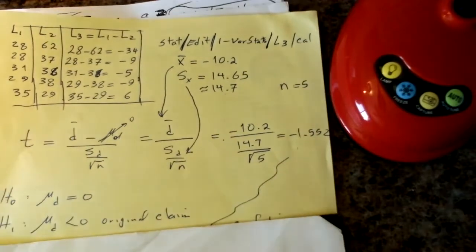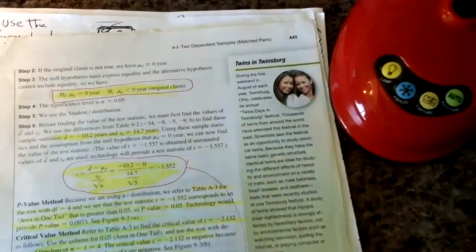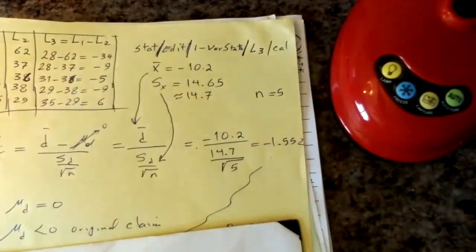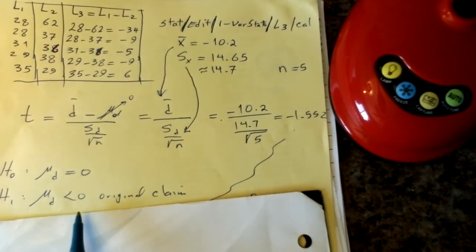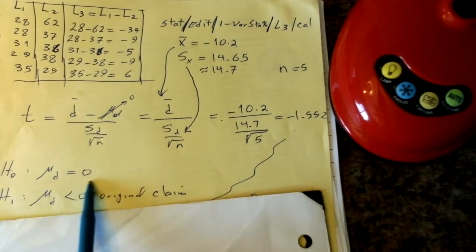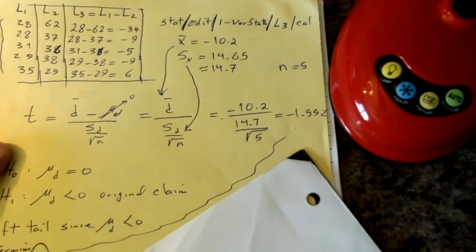Okay, so the mean of D is less than 0. Let me see if I can find all those similar problems. All right. So the mean of the difference, the original claim, is less than 0. The opposite of that is always the mean of D is equal to 0. Okay. So now we need to find